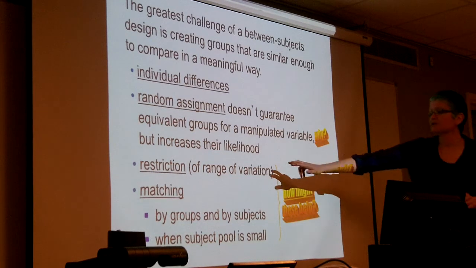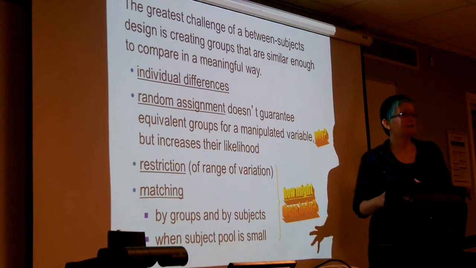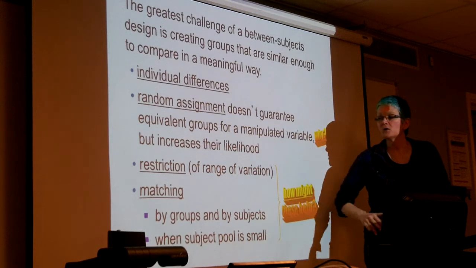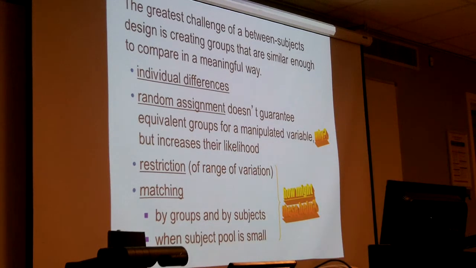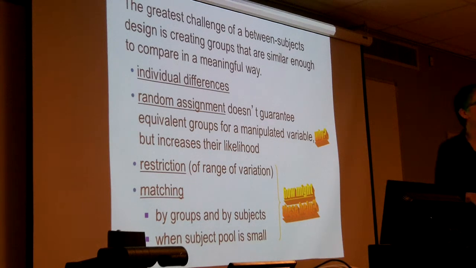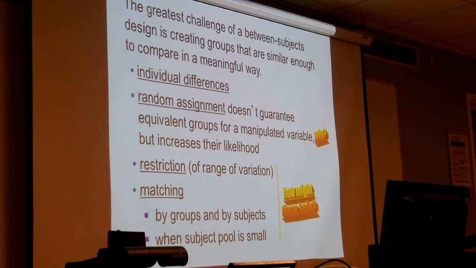So I can do that. I can restrict the range of variation. That's one strategy. I can also use a matching procedure. A matching procedure involves taking the subjects that I have and identifying some characteristic that they have that might be important to their performance in the study, and then making sure that that characteristic is evenly distributed across the